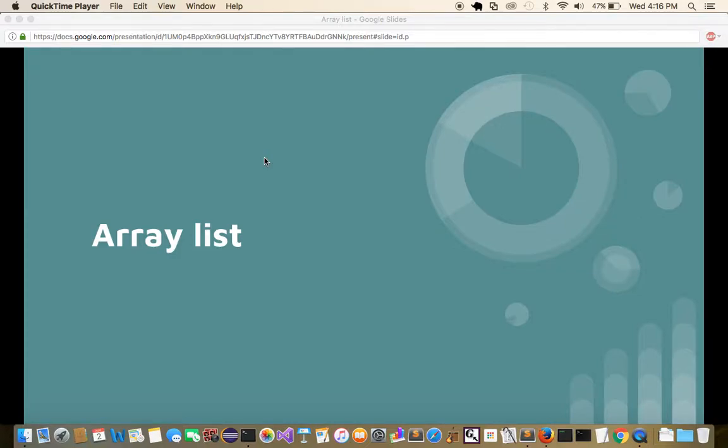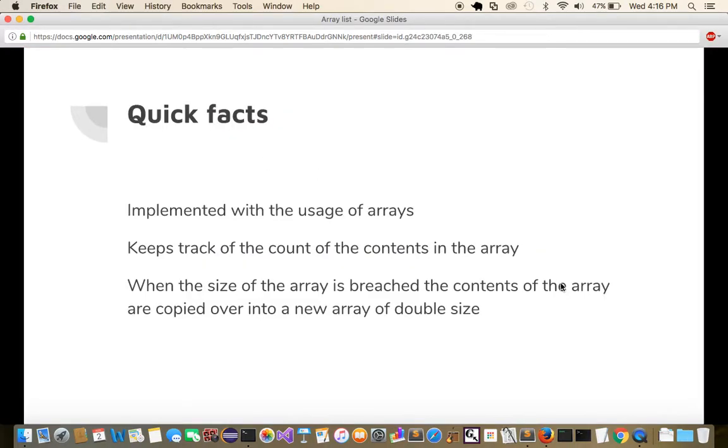Welcome to a short video on array lists and what they're useful for. So array lists are just implemented for the usage of arrays. We're going to use an array that's going to be the underlying data structure for our list. The cool thing is we're going to keep track of the number of contents in an array, and what we're